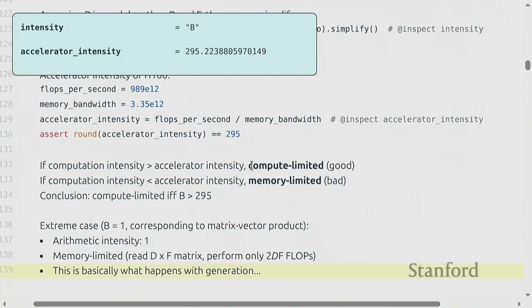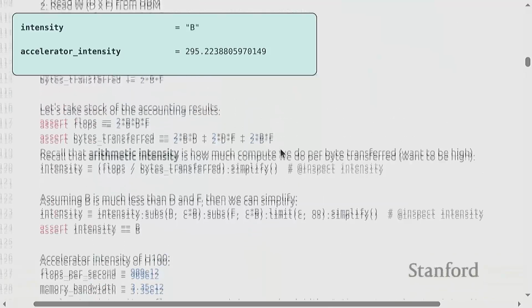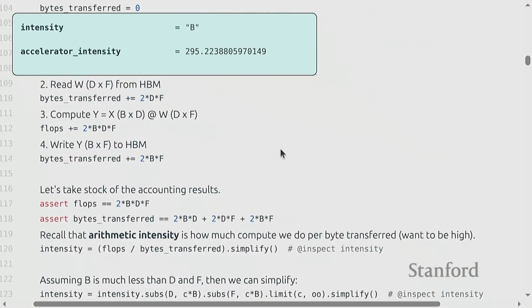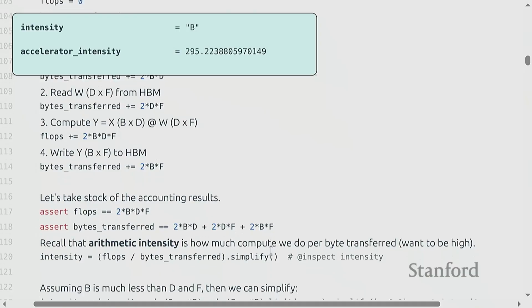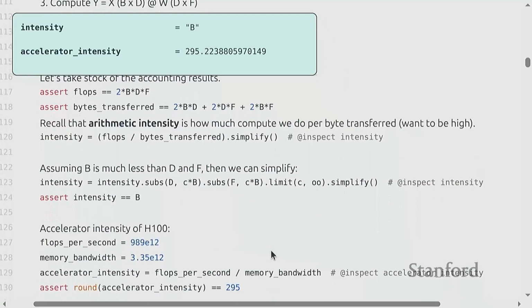Okay, so in summary, matrix multiplications are the core computation. We just studied a matrix multiplication and counted the number of flops it requires over the number of reads and writes. And we showed that that ratio, which is the arithmetic intensity, depends on one of the dimensions, in this case, the batch dimension. That's why big matrices are good, because they can saturate your compute, whereas if you have even a thin matrix, B equals 1, that's really bad because you're spending a lot of time reading from memory and not doing that much compute.